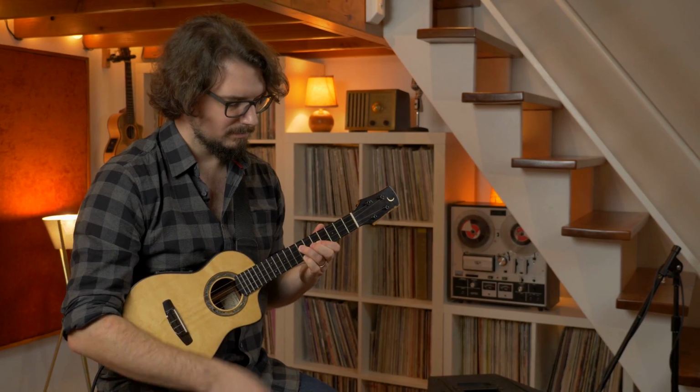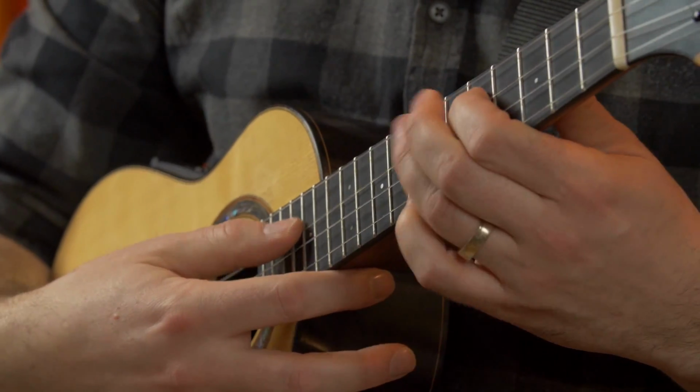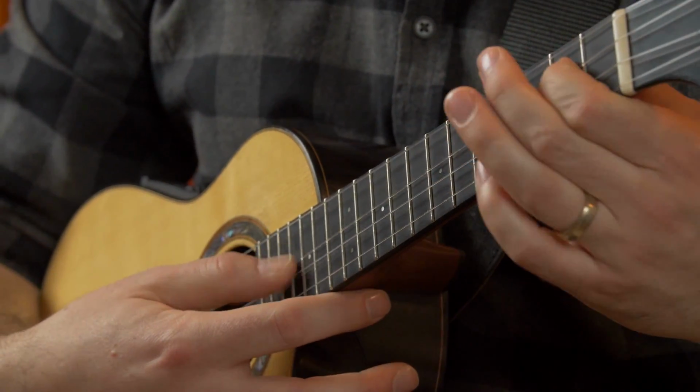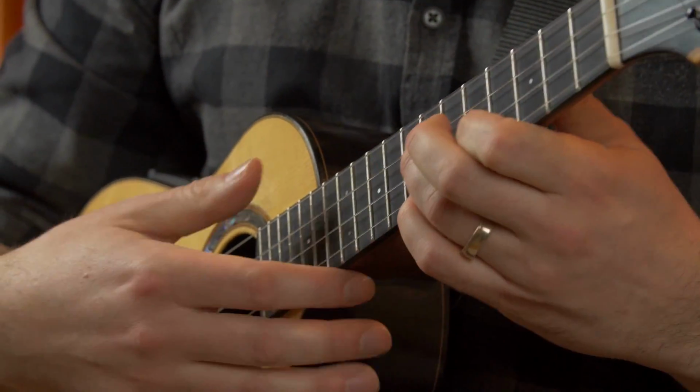Then play A minor 7, the way we practiced it in part 1. 7th fret, 5th fret, and 7th fret. Now once again, look at your ring finger. Notice that you've also just played the next note in the bass line. Magic. Let's keep going now and play the next three notes of the bass line. F, D, C, and D. So that one was...